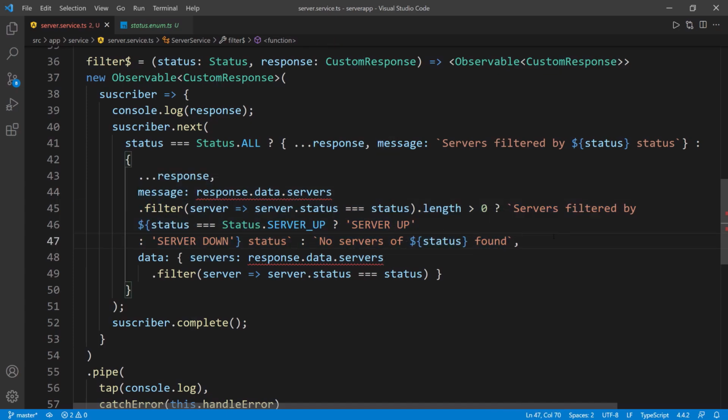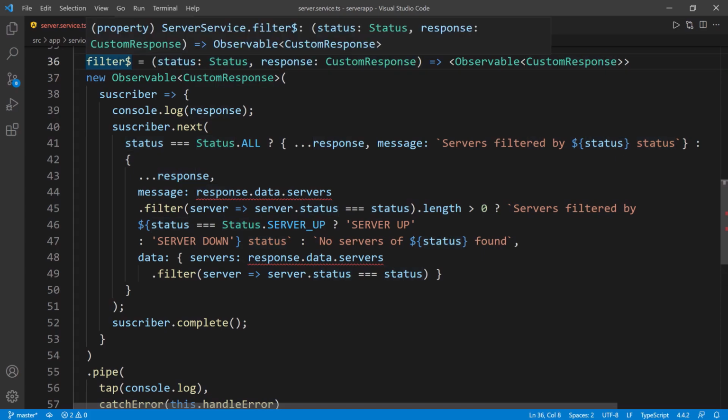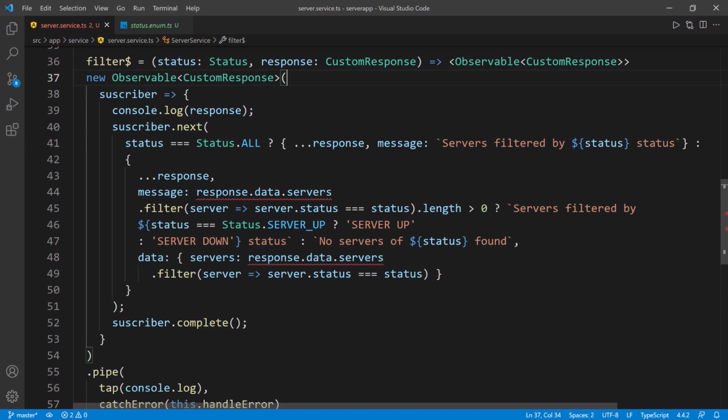And just so you guys understand, I'm going to go over it one more time. What we're doing is trying to filter all the servers by specific status. In terms of the parameters this observable is taking, we get the status they want to filter by, and the data, so the entire HTTP response. And what we're doing here is creating this new observable. Okay, so you can see that this is a new observable. We give it a type, and then for the callback function, which takes a subscriber, we're naming this subscriber,